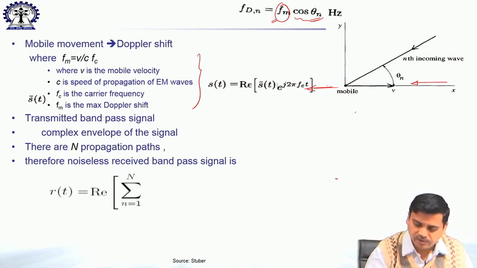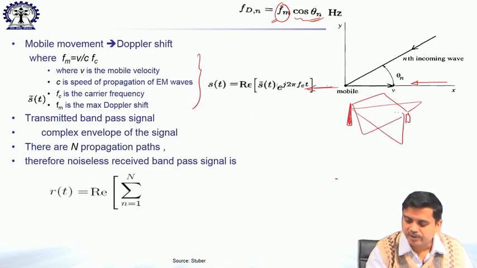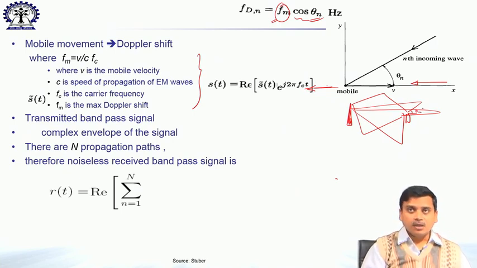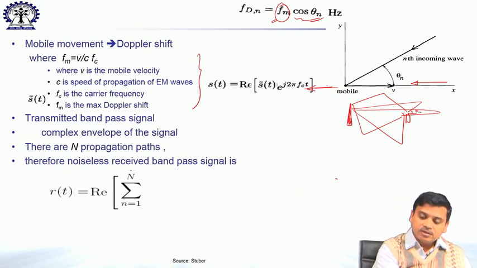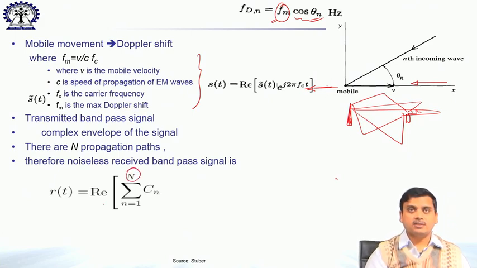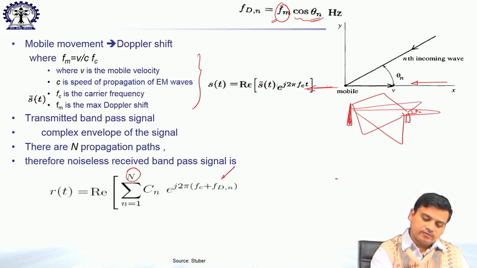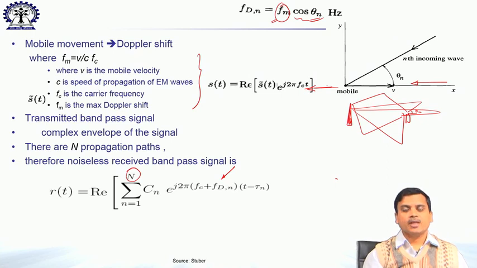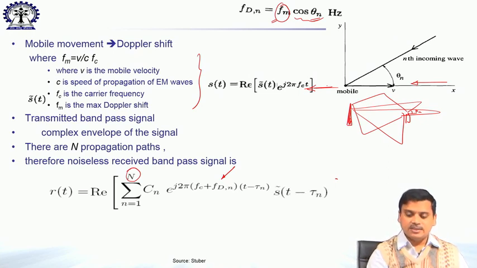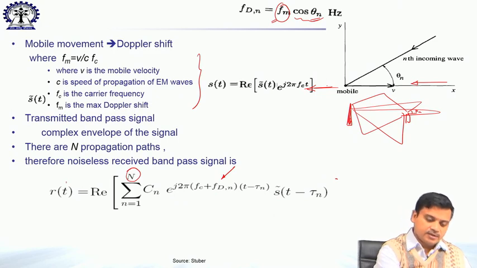So, that means, if we recall the diagram, there is this base station, there is this user device, the signal comes via multiple paths forming different angles, and each of these angles is theta n. So, the received signal is a summation of the signals that have come via the different paths, with coefficient C n indicating the attenuation or amplitude factor of the signal coming along the nth path, and each of the paths has an associated Doppler frequency with it. So, f c plus f d n, and what we will see is that the signal that is received at time instant t, is